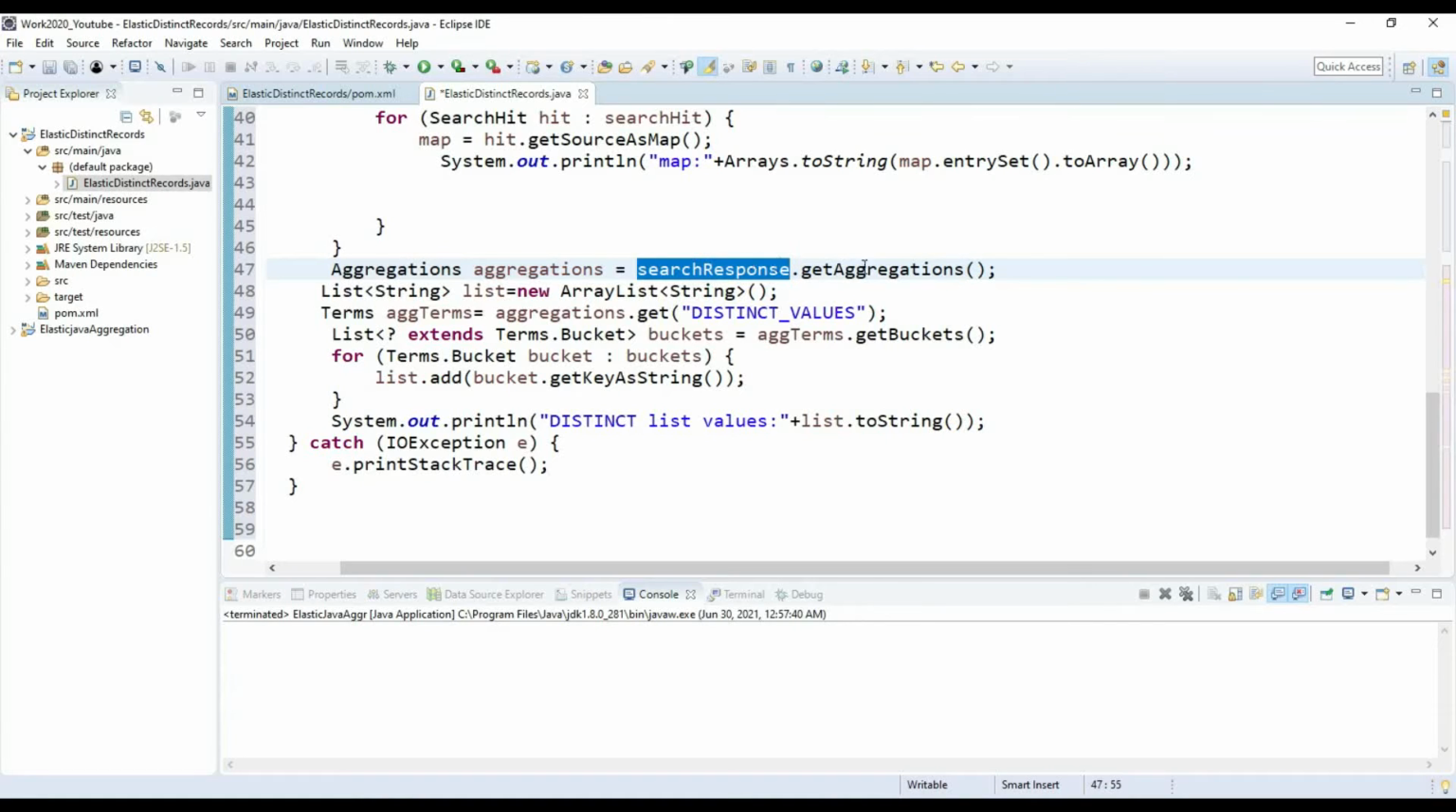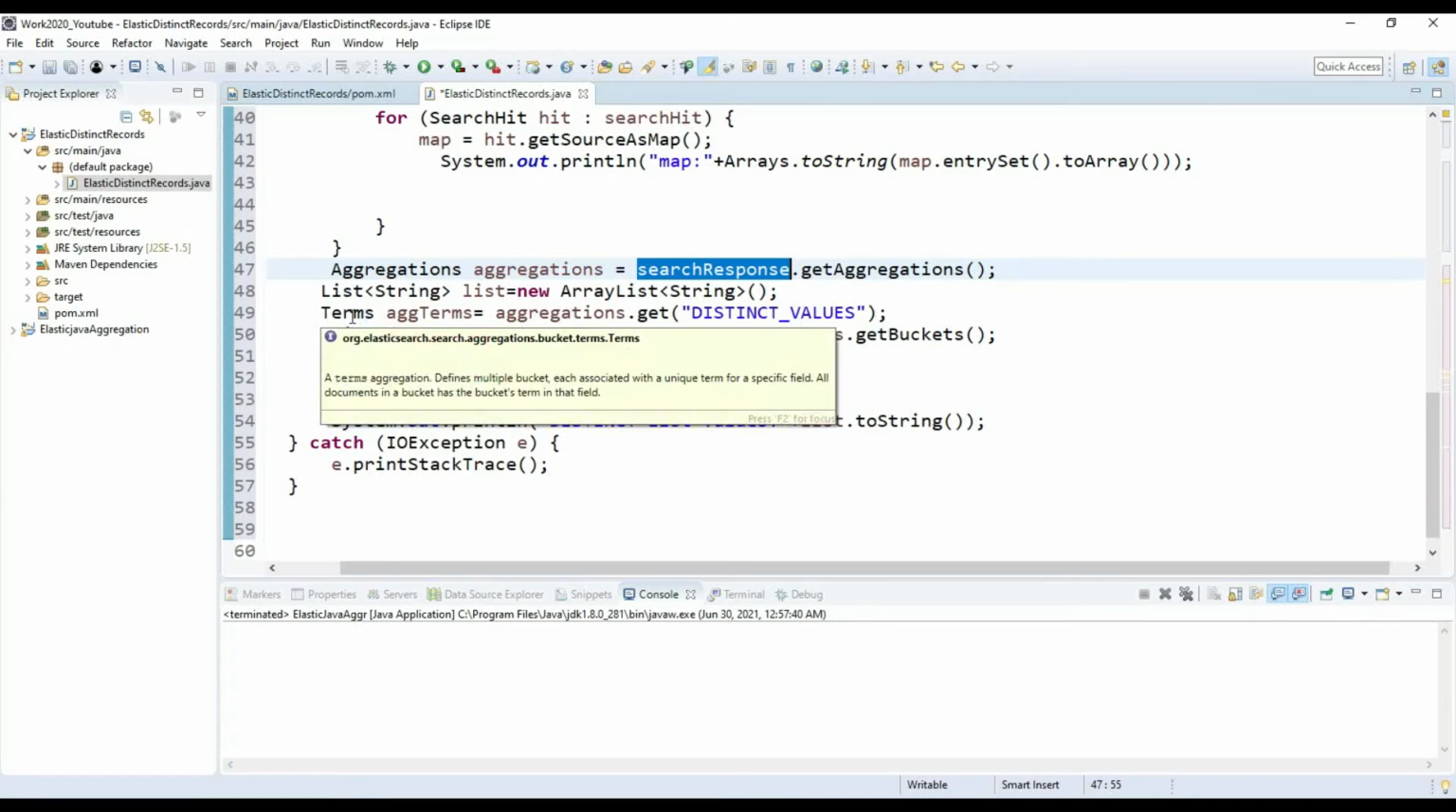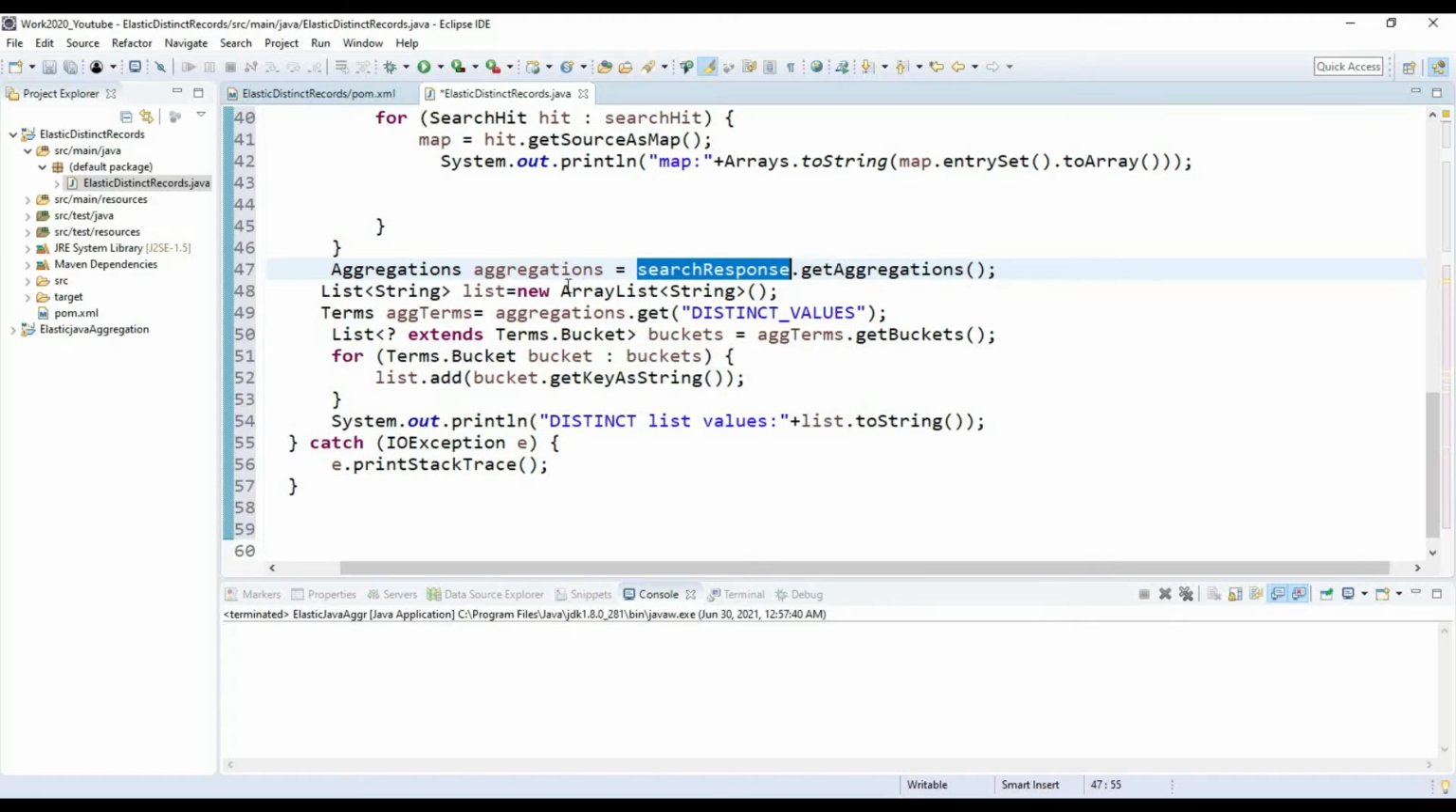I'm applying the aggregation to my result set. Now I'm using this terms aggregation. Okay, so what is terms aggregation? Terms aggregation defines multiple buckets, each associated with a unique term for a specific field. All the documents in the bucket have the bucket term in the field. So this terms means